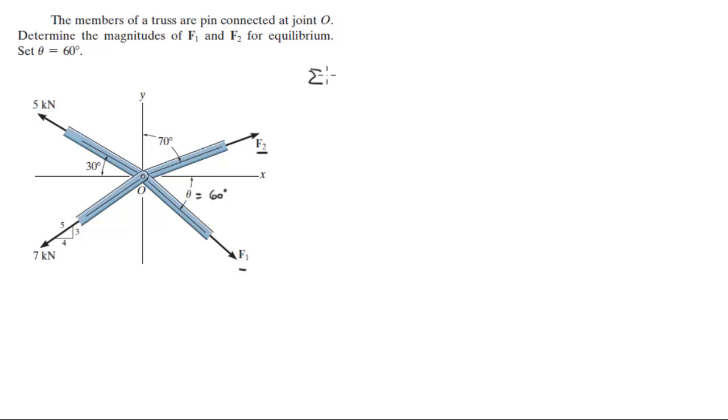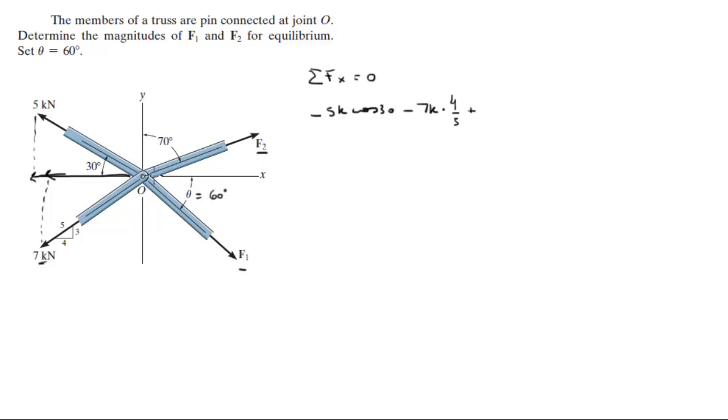You know that in statics the sum of the forces are always zero, so the sum of the forces on the x-axis are zero, so we're gonna add them up. This force is the x component of this one. It will be negative 5k cosine of 30, 5k multiplied by the cosine of 30. Now this force right here is the x component of this force, and it's minus 7k times 4 over 5